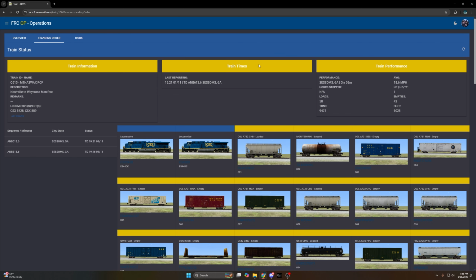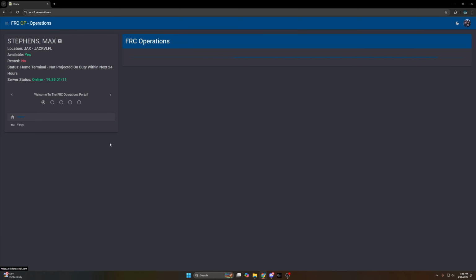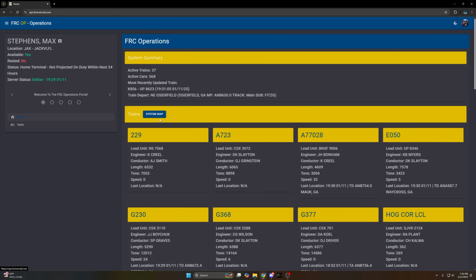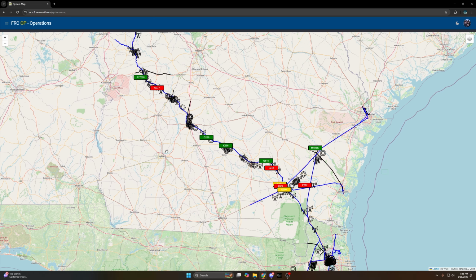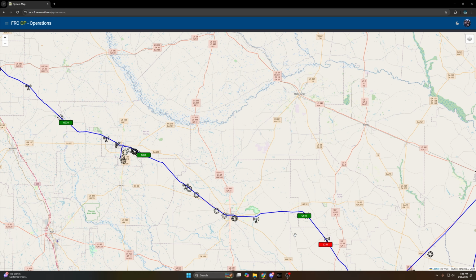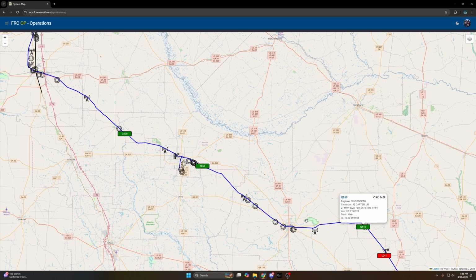So now we'll quickly go through and show you how to perform work on each train. Say you're running the M5 or the Q515 or the M515 in the server, and for whatever reason you need to work Fitzgerald. Again, it's way past Fitzgerald. I'm just going to use this as an example though. So you click on the train